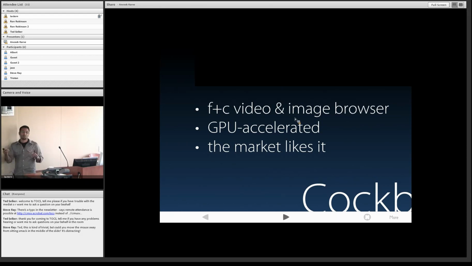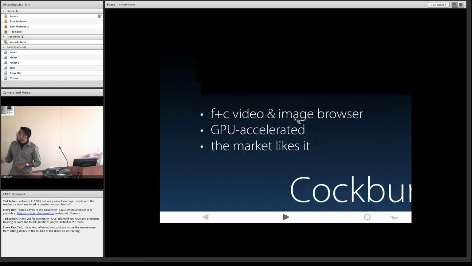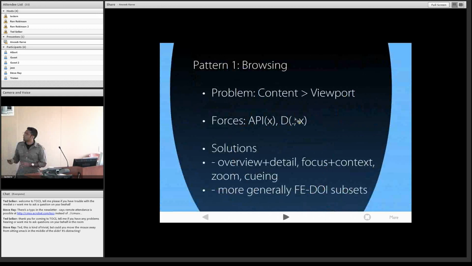And now there are some broader product questions to ask. How do we monetize and stuff like that? So without losing sight of what we've said, I want to close up this first pattern, and I promise to move on to the stage processing and cognitive aspects that we discussed earlier. Essentially, the central problem here was that we had more content than we had space in our viewport. And the forces at play here, to go back to the Christopher Alexander metaphor, are the a priori importance of the elements, how much global importance they have, and the distance between those elements in the focus.